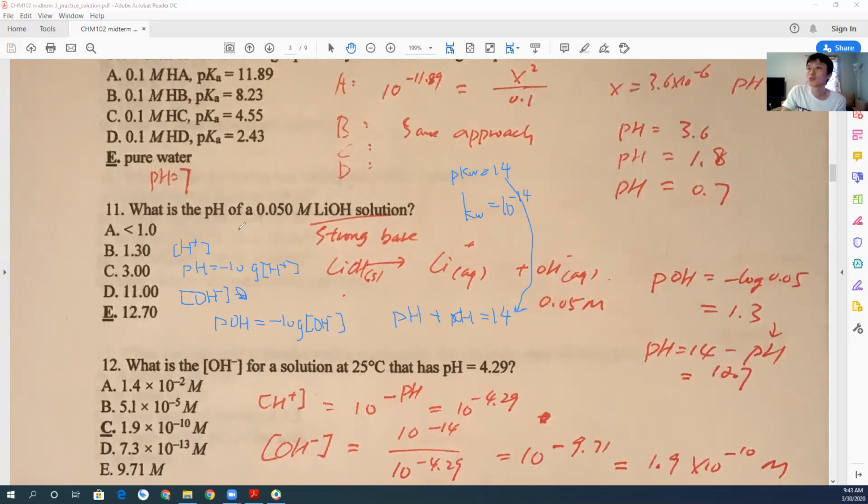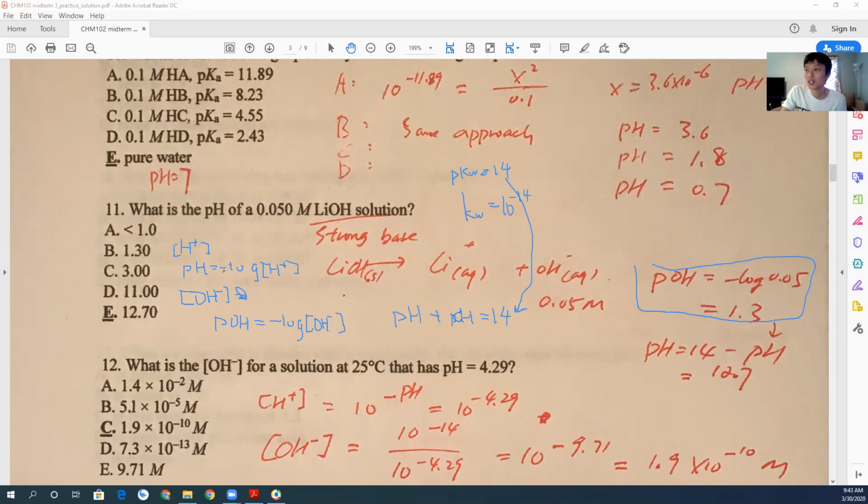So if you want to know the pH, you can first calculate pOH. The pOH for this solution is 1.3, so pH will be 14 minus pOH, which will be 12.7. Remember there's a relationship between pH and pOH, and also a relationship between pH and the